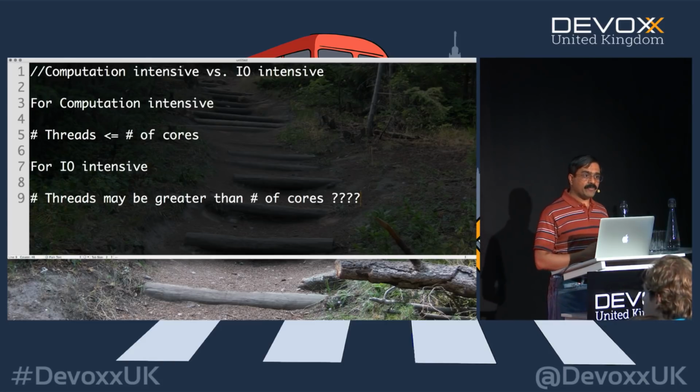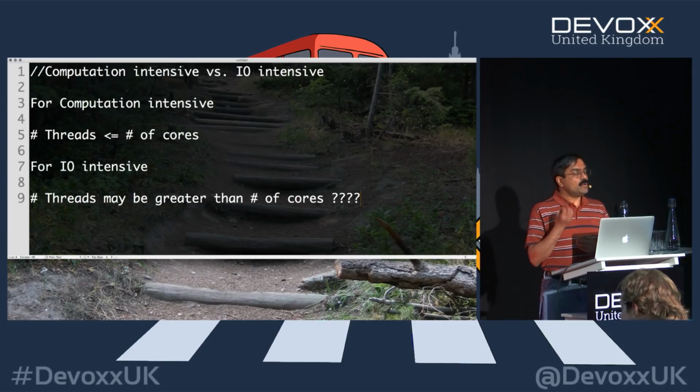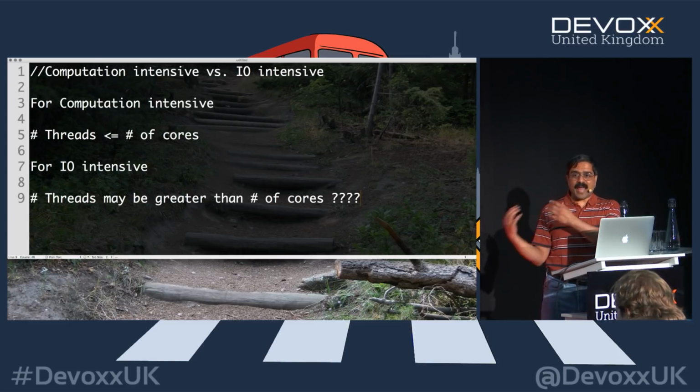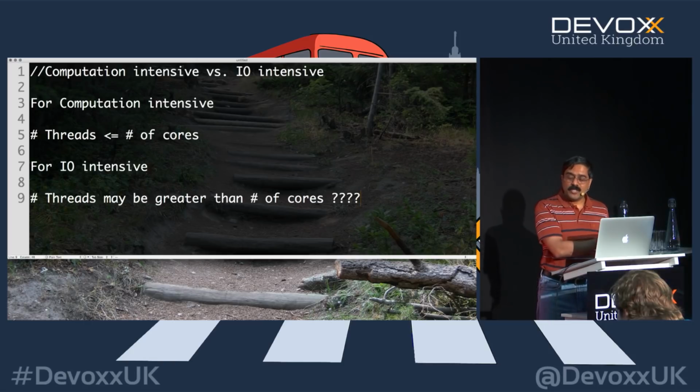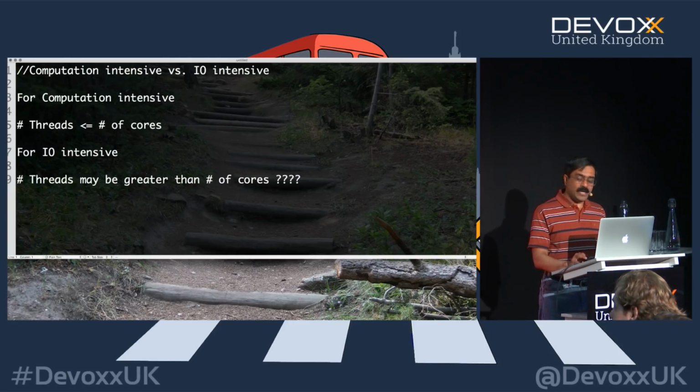In a similar way, for IO-intensive, you have a bit more leeway. Why? Because you have the number of threads, but the tasks are really going to sleep, and while the tasks are sleeping, you might as well use the CPU for another job, which becomes really useful. Well, that begs the question then, how many are we really talking about?